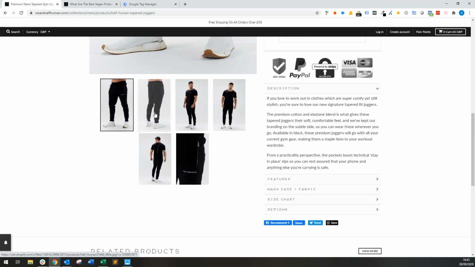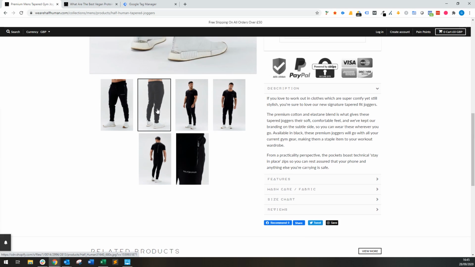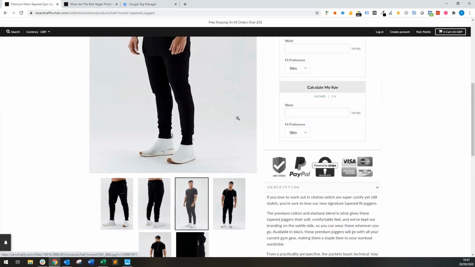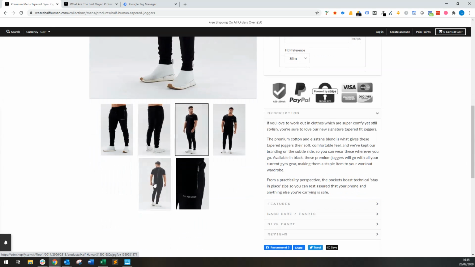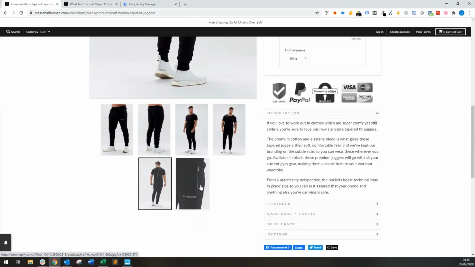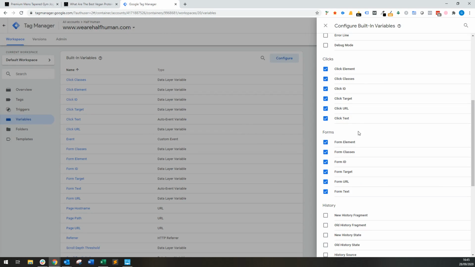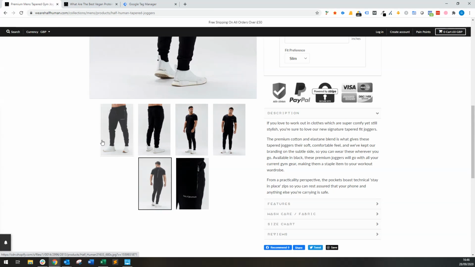Similarly with images, if you had a website where these images don't change, or if they just hover over, or basically any element on your website which looks like it could be interacted with but maybe isn't, you can see where people are clicking on them with these click element, click text, and a combination of these things. It's a bit hard to go into specifics without looking at an individual website, but